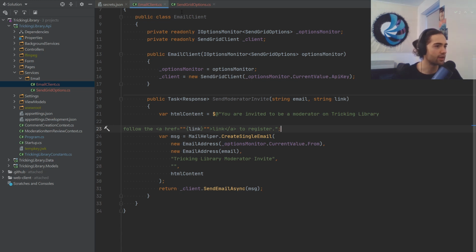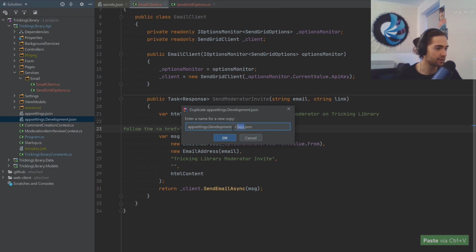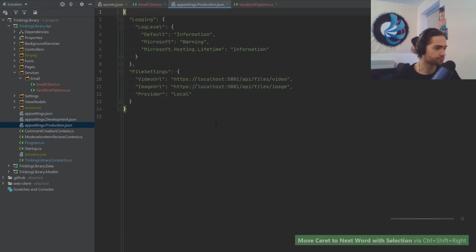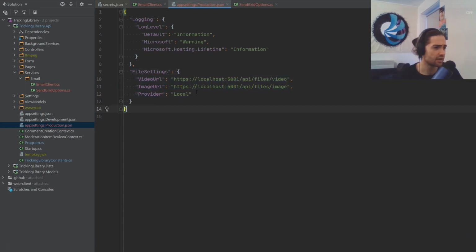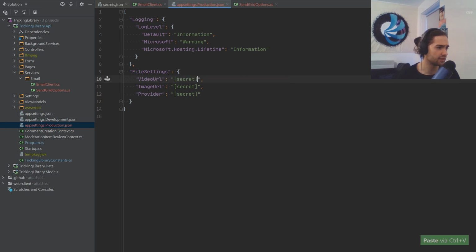Now, as for the options, what we're going to do is we're going to copy our app settings development. Let's rename them to production. And this is what you do. Let's see, file system settings. These are going to be secret and secret and secret. And probably they're just going to be entirely different for production, but